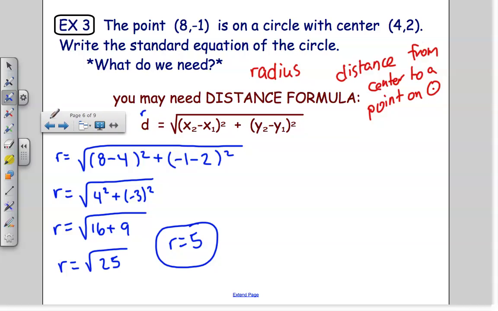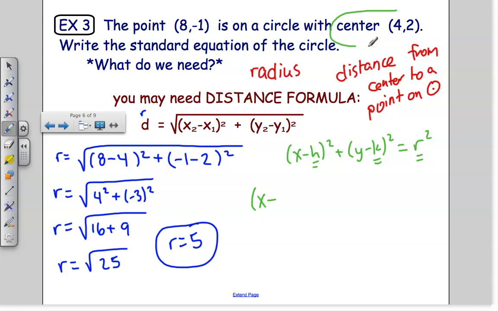Alright, now that I have the radius, I can write the equation of that circle. Remember, the equation of a circle, you do x minus h squared. h is the x of the center, plus y minus k squared. k is the y of the center, equals the radius squared. And I have all of this info, so I'm doing x minus the x of the